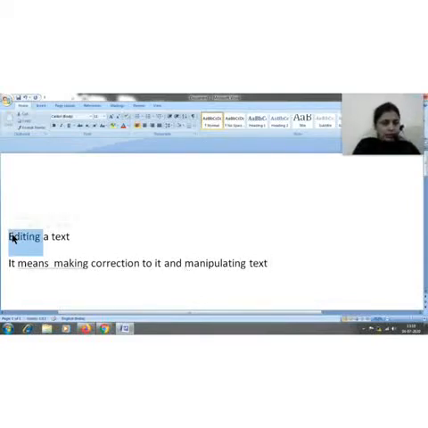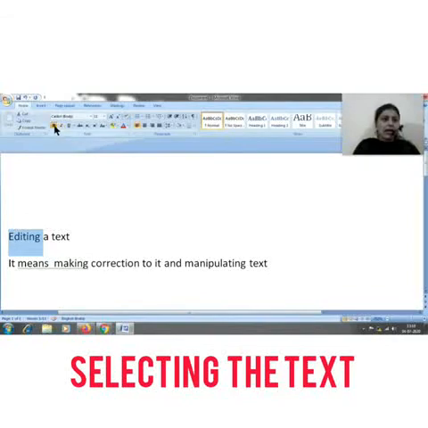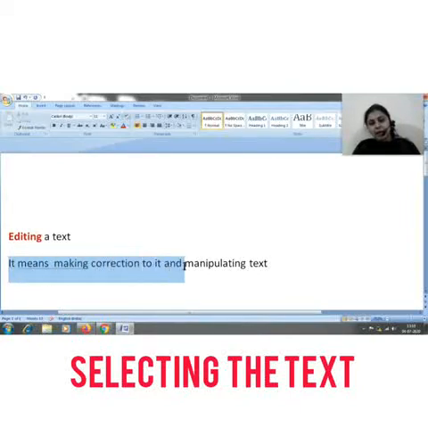Fine. Now if you want to format it, if you want to select a word, you can simply double click on that word. It will be selected, and from here you can make it bold or change the color. In case you want to select an entire line, take your cursor to the start of the line, press the left mouse button and simply drag your cursor over the entire line. It will be selected. Or you can press the Control key and click on that line. That entire line will be selected.